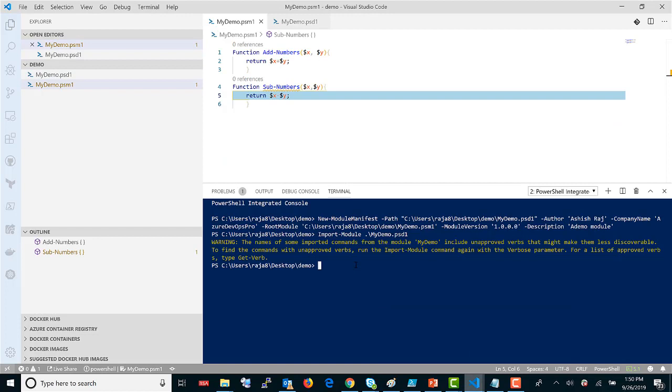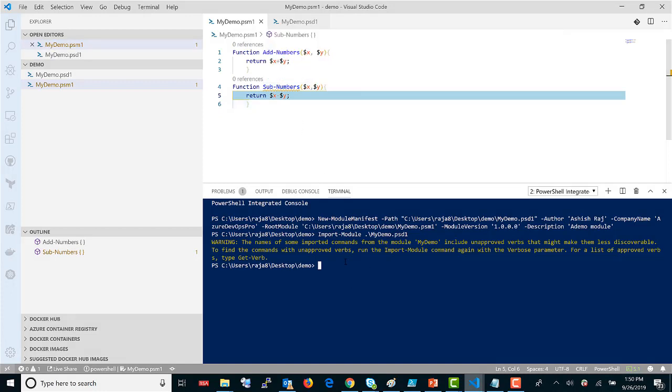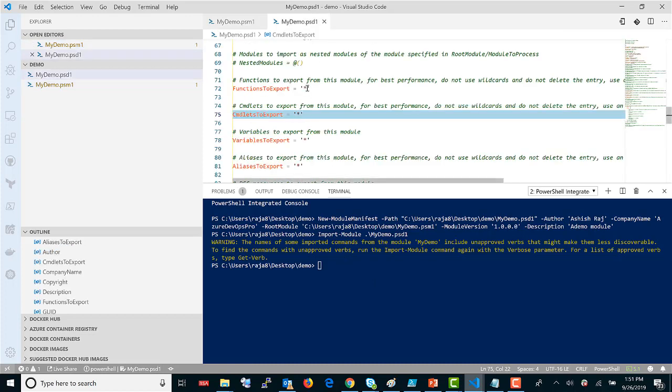let's see if we have the function available. Right, Add-Numbers, we have it. Let's see if we have Subtract-Numbers, we have it, right? But what we found is that Subtract-Numbers is something we want to have in the module, but we don't want to expose it to the user so that they can use it. So for that, we can update this value here, either by directly editing, or we can make use of Update-ModuleManifest,